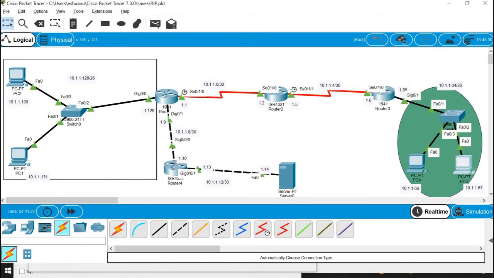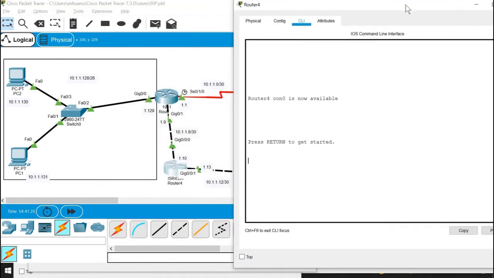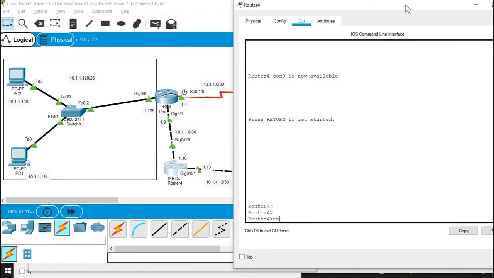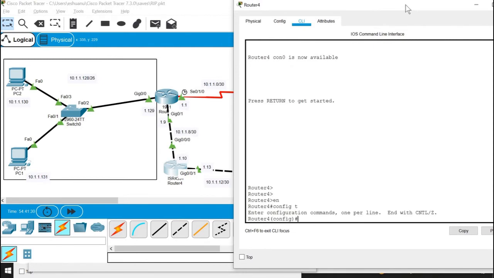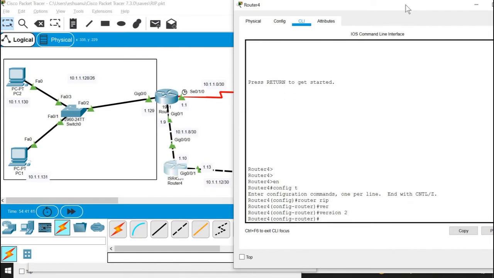And we have not configured the RIP on this router, so let's do it on this as well. Enable, config t, and then router rip, version 2 first. If we do not give version 2, then they will not form neighborship.